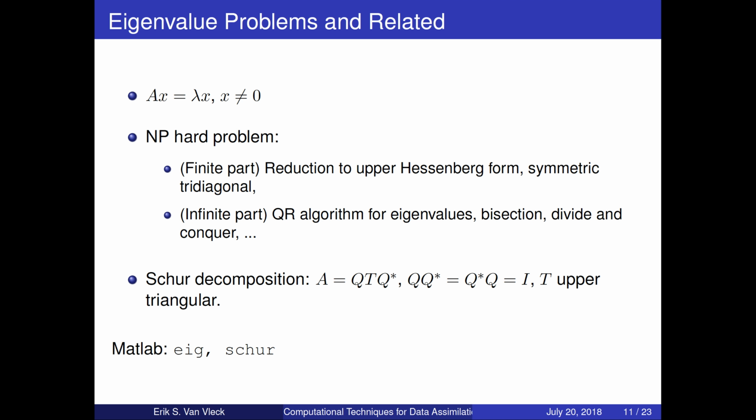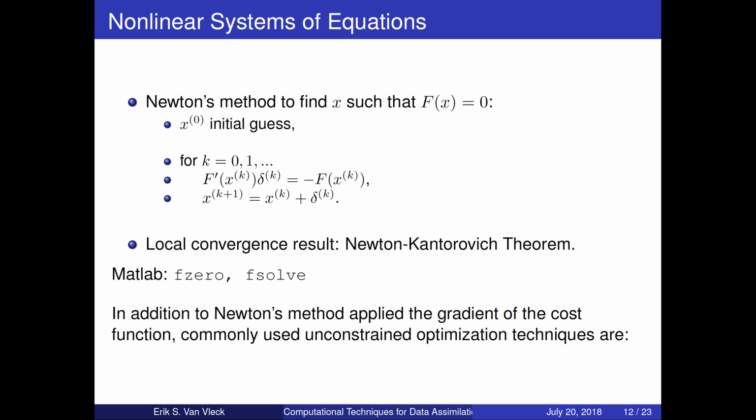An important decomposition is the Schur decomposition, where A is QTQ adjoint, where Q is unitary and T is upper triangular. Among the MATLAB commands here are eig and schur, eig for finding eigenvalues and schur for finding the Schur decomposition. So the standard technique for